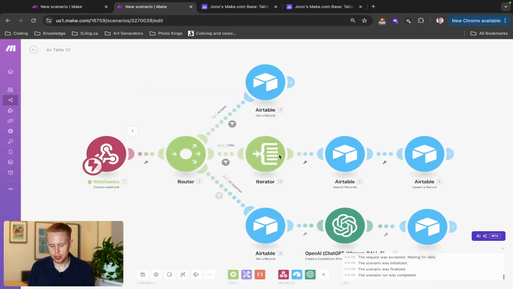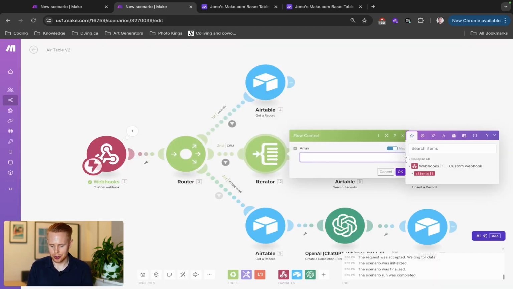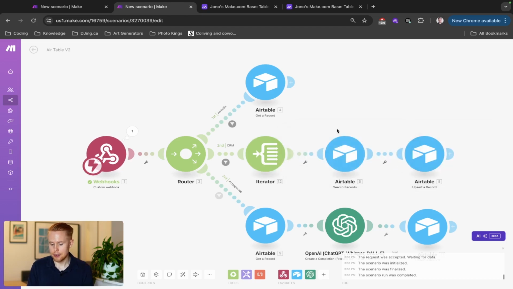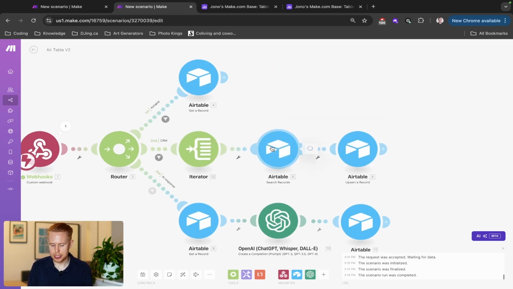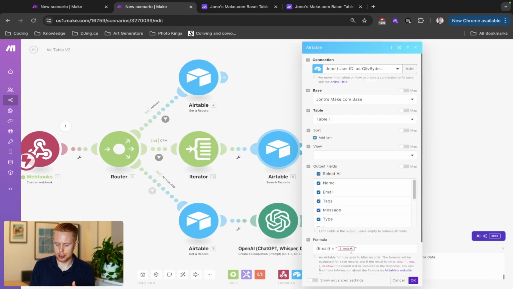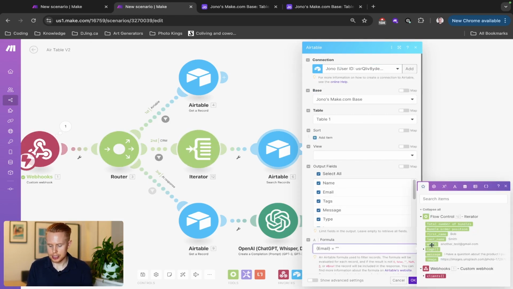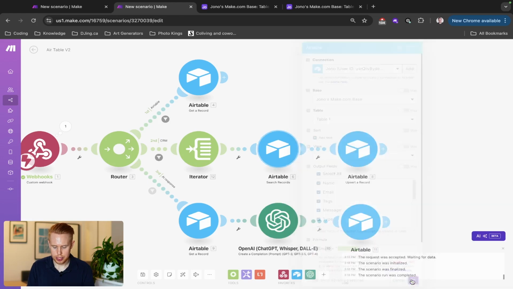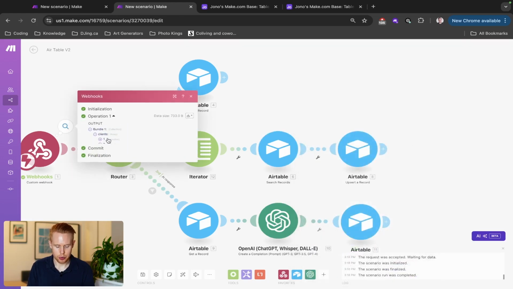So how we're going to do this is we're going to pass into this iterator here the client object, or the client list. And then all we have to do is just remap these values here because we were originally mapping it to the webhook, but now we've got to go back and change it to the iterator. And the reason why we're changing it to the iterator here is because the iterator is a dynamic value, which means that for value 1, it's going to be the email of the first client, which would be, in this instance,